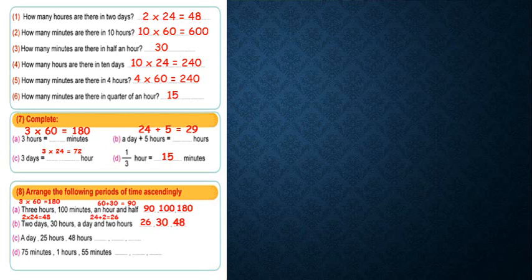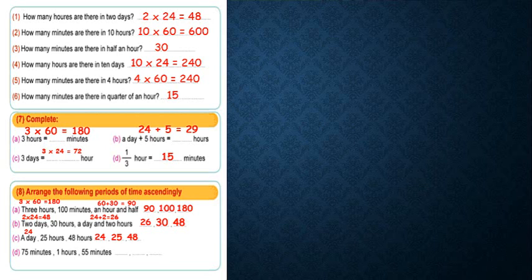Number C, a day, 25 hours, and 48 hours. What do you think? A day. Yes, a day means 24 hours. So here, the smallest one will be, yes, 24 hours, then 25 hours, and the last one will be 48 hours. Number D, 75 minutes,